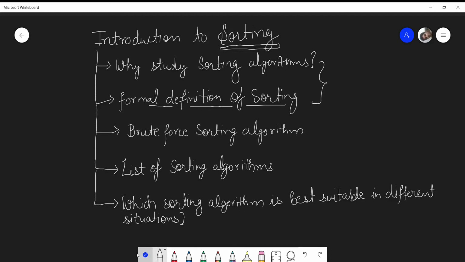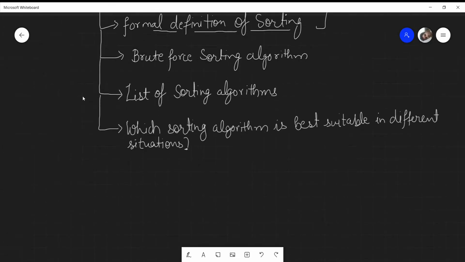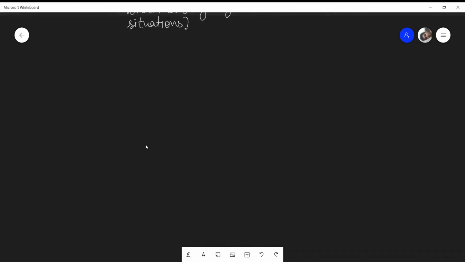So first one being what sorting actually is. Sorting is nothing but, I would say, a process of ordering a list of elements in a particular order. Either it can be ascending or descending. So let's say I have, let's take it as a list of numbers or a sequence of numbers, but it is not necessary that it has to be a list of numbers.